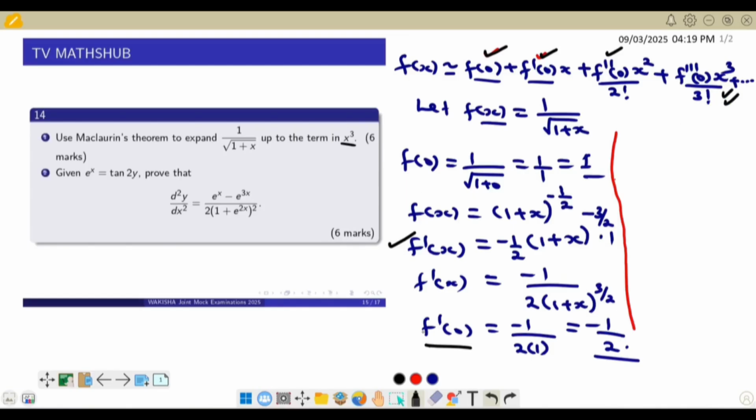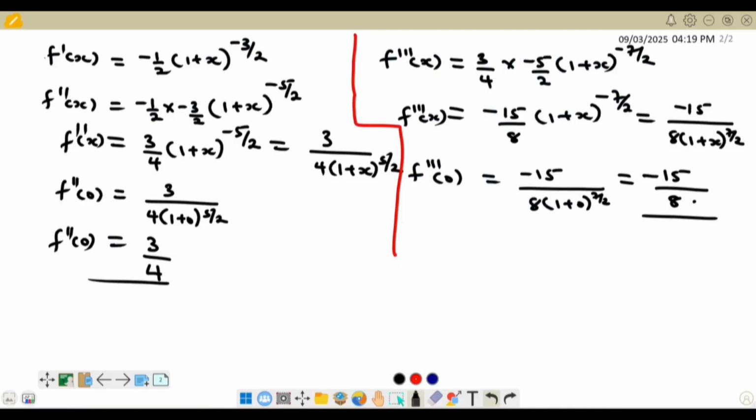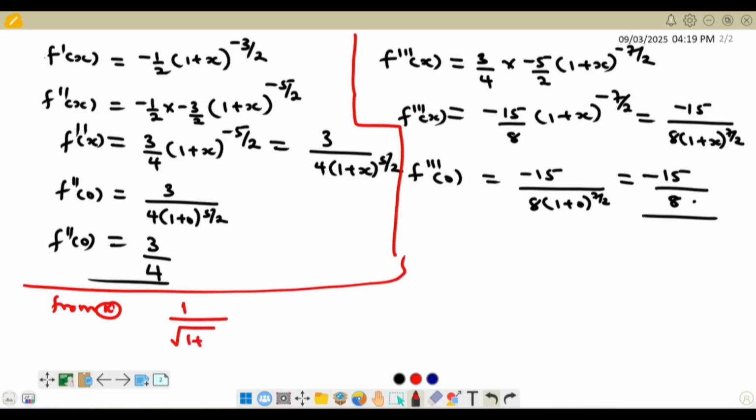So now we shall have to substitute for f of 0, f derivative of 0, for this one here and for this, and that will be our expression. So substituting for that from this given equation here, which I can call equation star. So from equation star, we shall have f of x. Our f of x is 1 upon the square root of 1 plus x. So it will be approximately equal to,